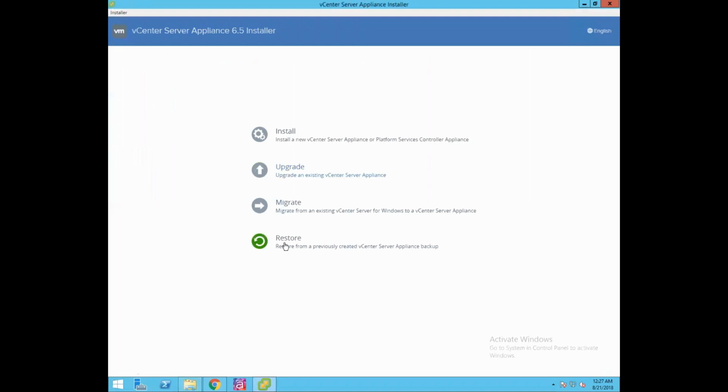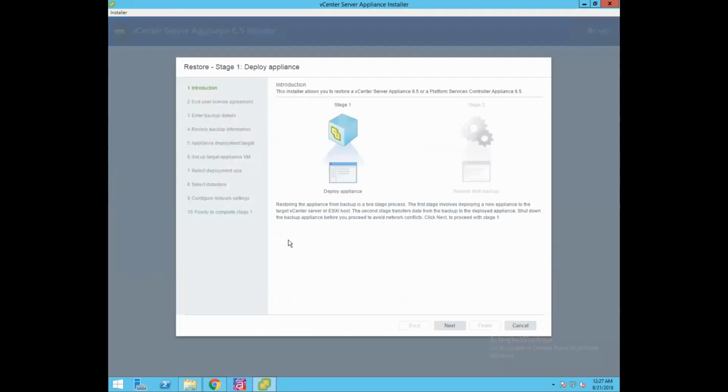Now as you could see, the last option is restore operation. As it shows, the restore option is used to restore from a previously created vCenter server appliance backup. So when we want to perform restore operation, we have to go through the vCenter server appliance 6.5 installer and click on restore.